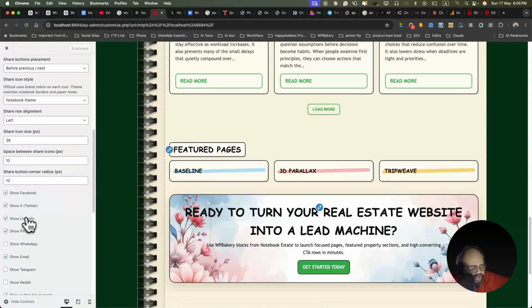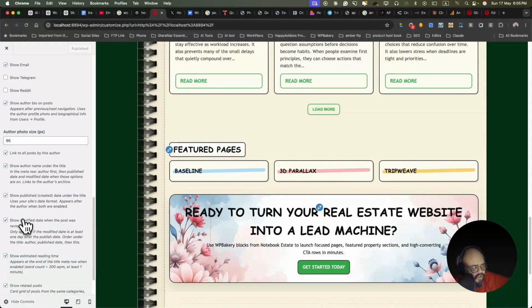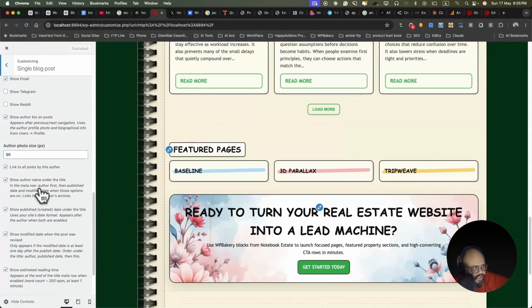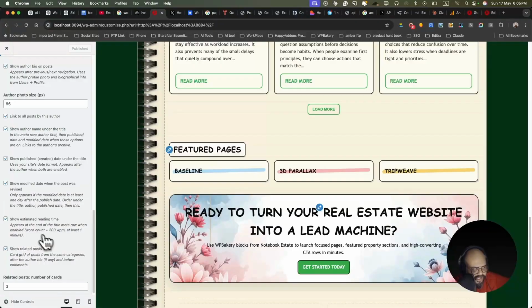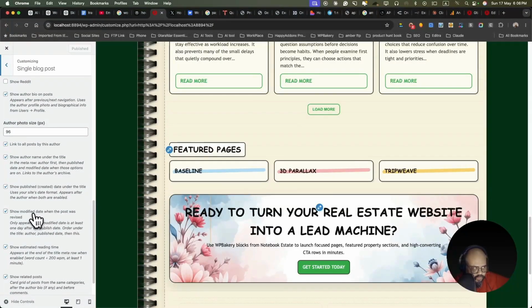From there you can add the share icons, default style, author name, whether published or not, how many related posts you want, a show related posts option checkbox, estimated reading time. If you want to add the modified